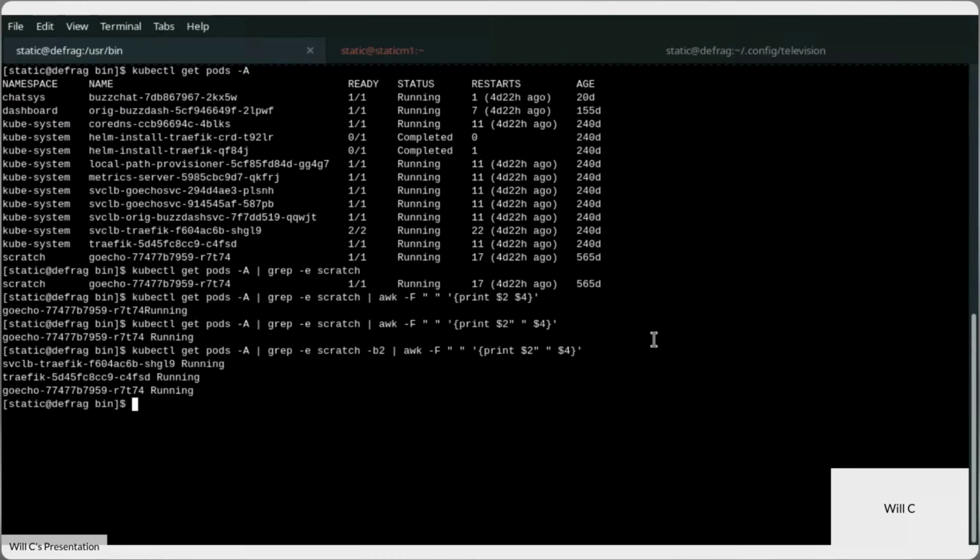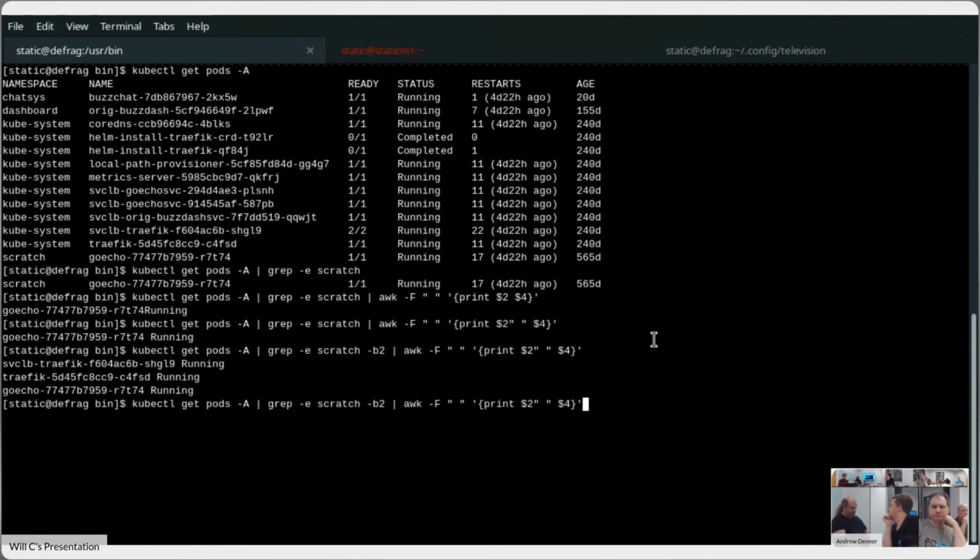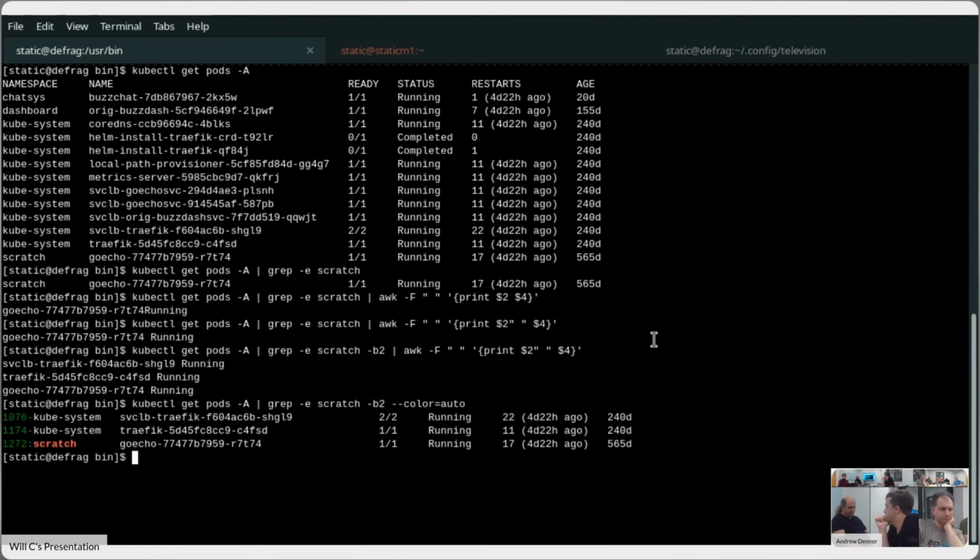So yeah. Will, if you want to get rid of the awk part of it and add in a double-dash color equals auto, you can also demonstrate that it can do colorful highlighting. grep, you mean, or what? For which one? Yeah, double-dash color equals auto. Mm-hmm. And there you can see that it